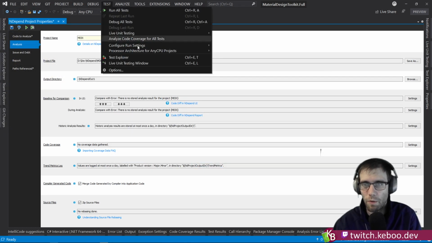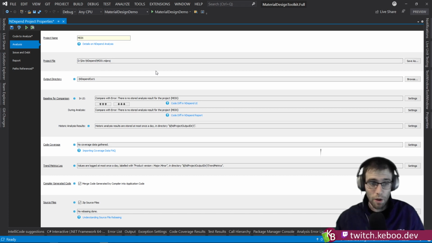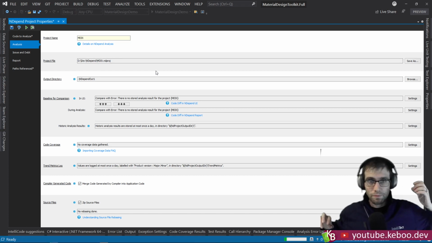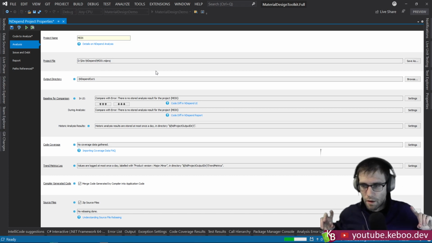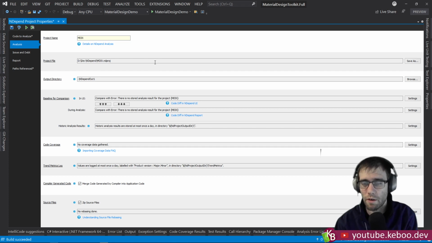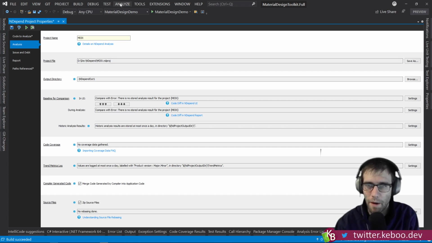So real quick, before we do this, I'm going to hit analyze code coverage from all tests. I believe that button only exists in Visual Studio Enterprise. I could be wrong. I'm trying to remember exactly. Something in the back of my mind is telling me that the code coverage tool is only in the upper SKUs of Visual Studio. However, if you are on